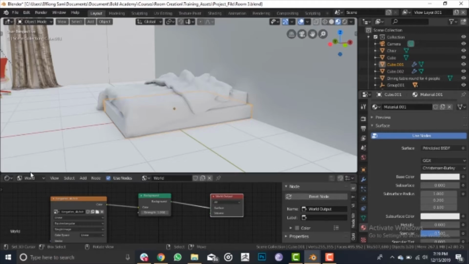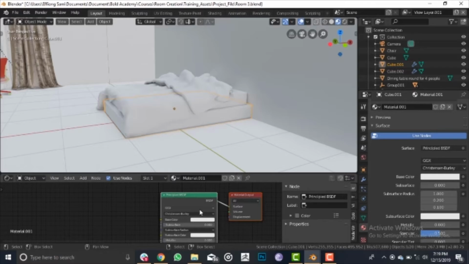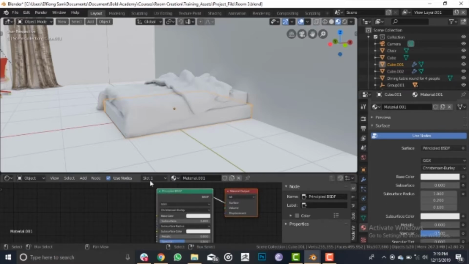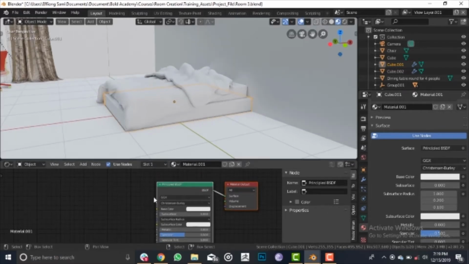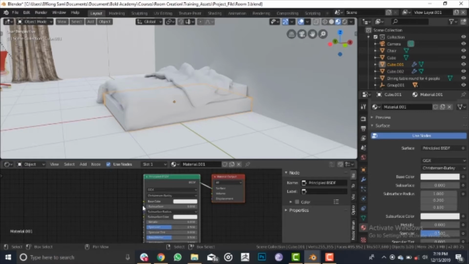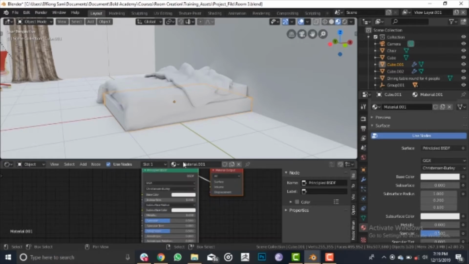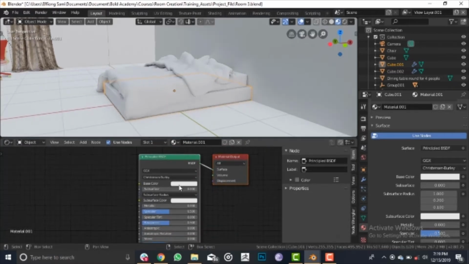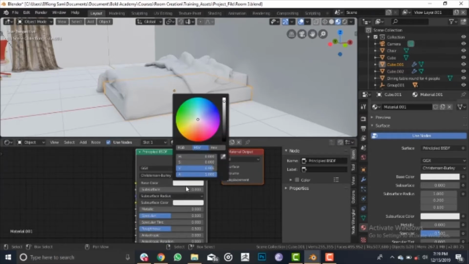So if that is selected, you just come here and select objects instead. It's the same settings here, but we just want to have more control over it. When that is selected, you have to do a few tweaks with this. It's called the principled shader, more like the feel and the look of the base of the bed. All right, so very quickly we'll change the base color to maybe a darkish